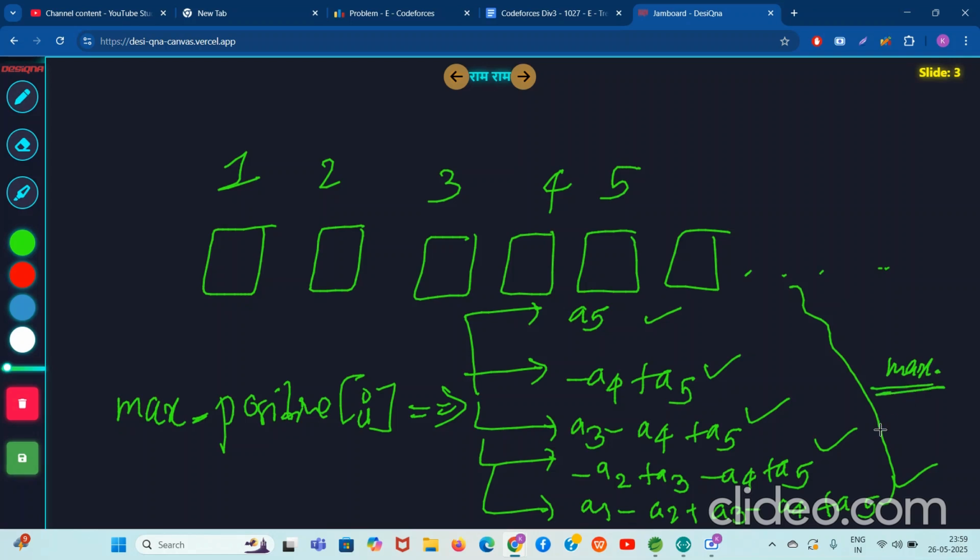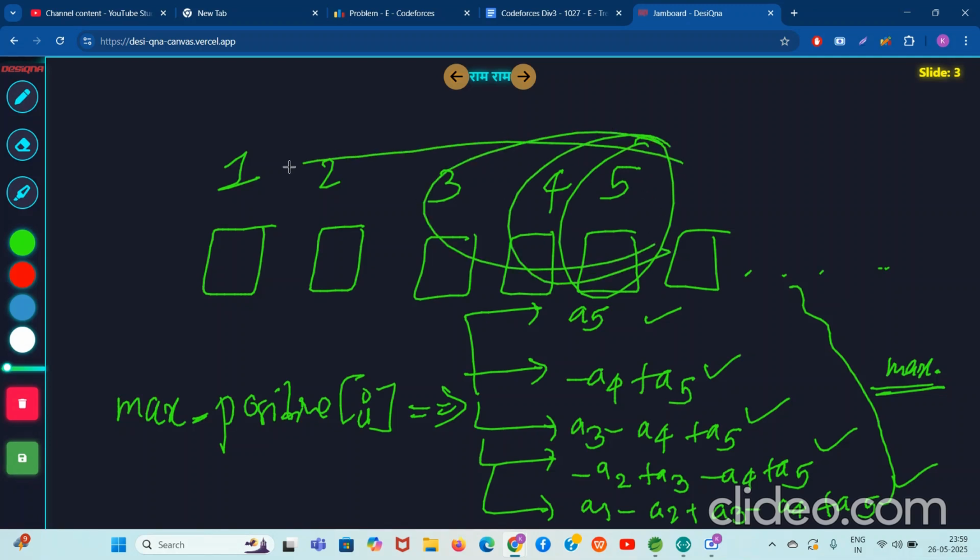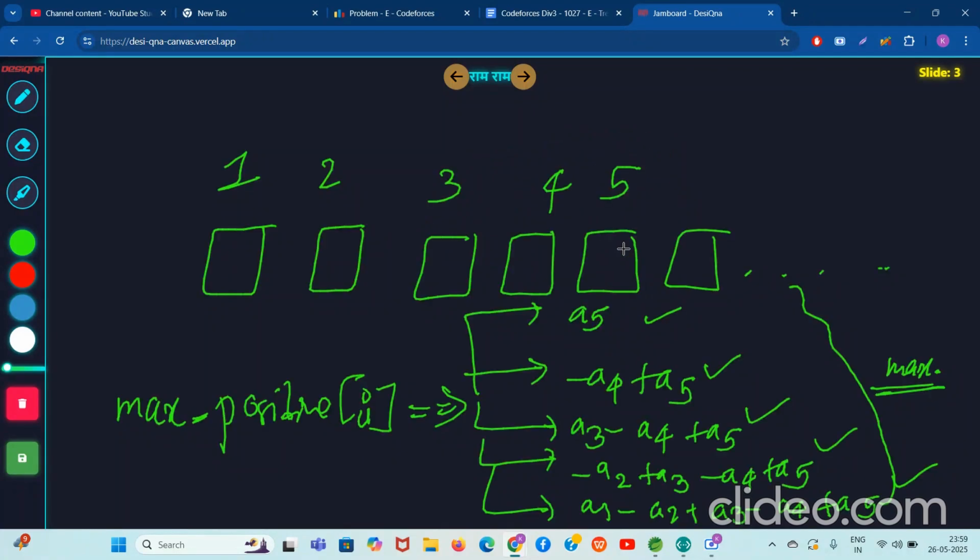So for each index I, let's say I equal to 5. So you know this subarray you considered, then the subarray ending at index 5 but last two elements, then last three elements, then last four elements, then last five elements. These are all possible subarrays. Now guys, what will you do? Will you sit and try? No baby. Again you can use a similar type of solution, but